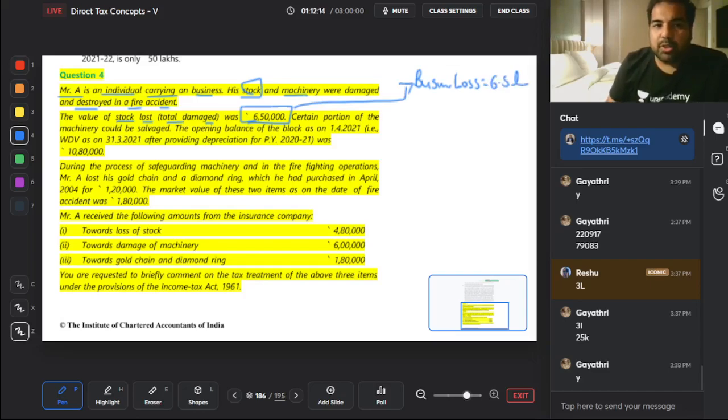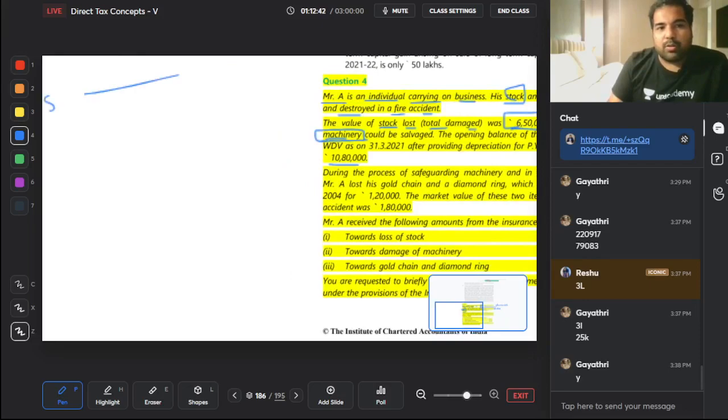Certain portion of the machinery could be salvaged. The opening block was 10,80,000. So machinery is basically a business asset, and you know guys, business asset, you have a block. So whatever money comes from the insurance compensation for the damaged machinery, you will minus from the block. Yes. So here let's read ahead. So there are three assets. One is stock, which got destroyed. One is machine, which got destroyed. And last, guys,